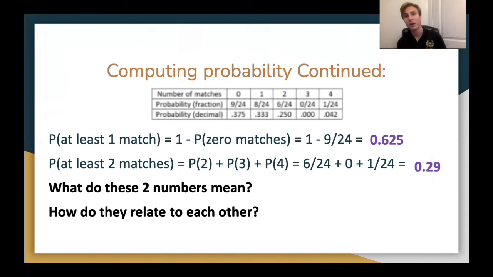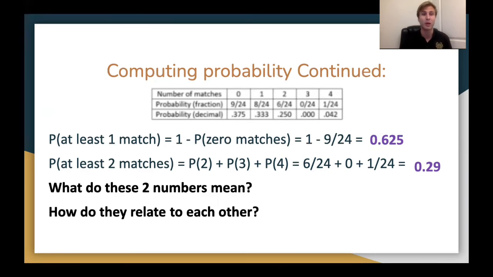And so here you could see the probability of at least 1 match. We could do our method of doing 1 minus probability of 0 matches, which ends up equaling 1 minus 9 divided by 24, which equals 0.625. And then we could do the same thing with the probability of at least 2 matches, which is the probability of 2 plus probability of 3 plus probability of 4, which is 6 divided by 24 plus 0 for 3 because you can't have 3 matches, plus the probability of having perfect pairings, which is 1 divided by 24,